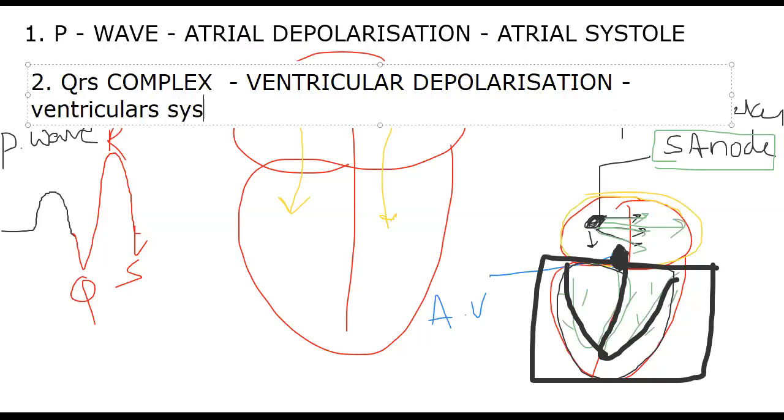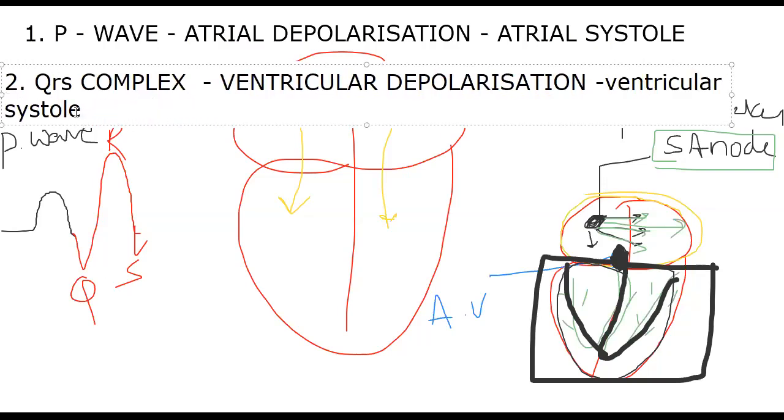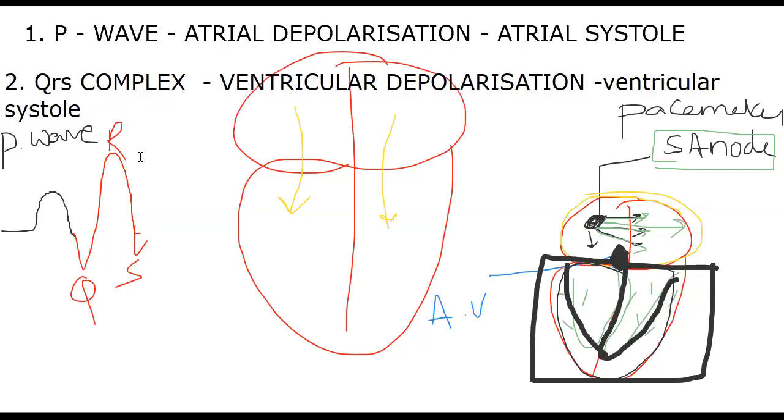Actually, we made some further points: during this particular period, the lub sound will come by closing the tricuspid and bicuspid valves to prevent the backward flow of blood. That doesn't matter now, we already learned that. It doesn't mean it won't come, but we are now learning the three basic concepts: P wave, QRS complex, and T wave.